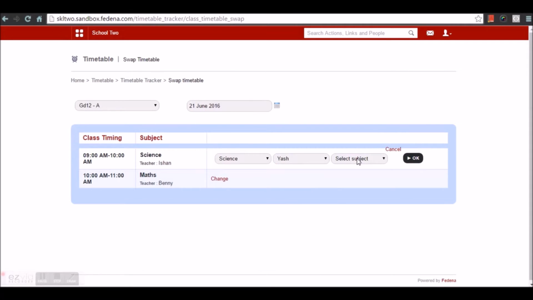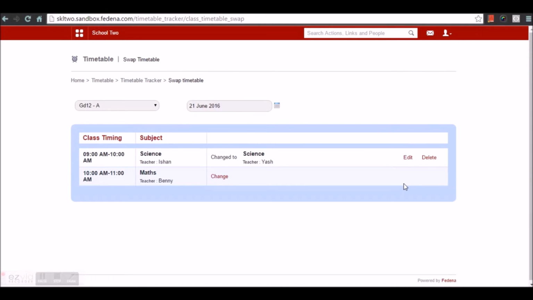So that option is also available for the admin to perform, whereas we're choosing a same subject and we can go for the OK option. Now this is how swapping can happen. The swapping has a report that gets generated simultaneously, where we have a look at it by going for swap